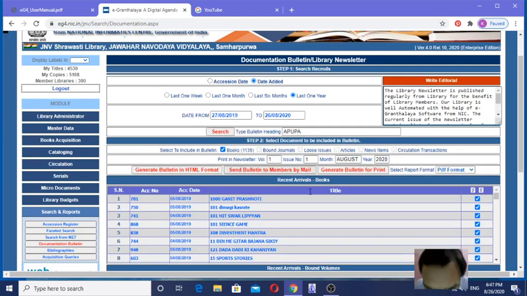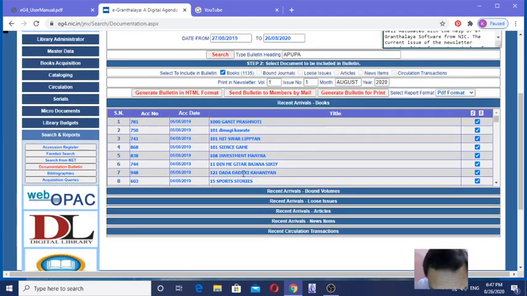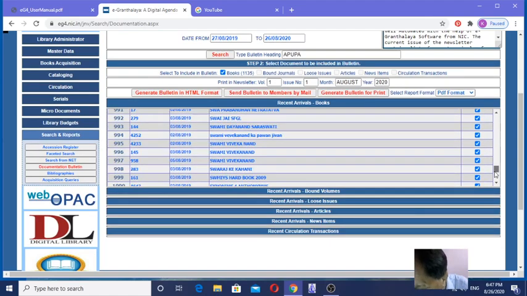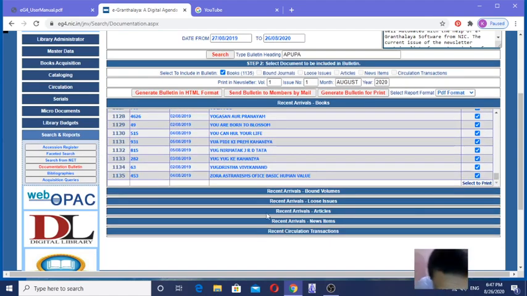Here see, it is showing all the records. I am going to the last record, this one, 1135. 1135 records have been selected. Here see, all has been selected by ticking. If not, if the box arrives with a red button, you have to select here, but in this case already selected.